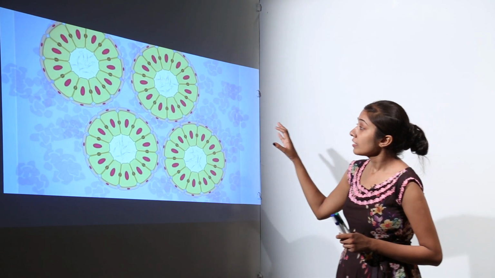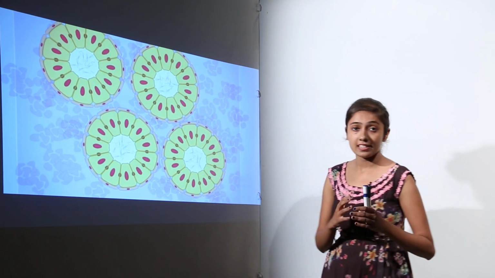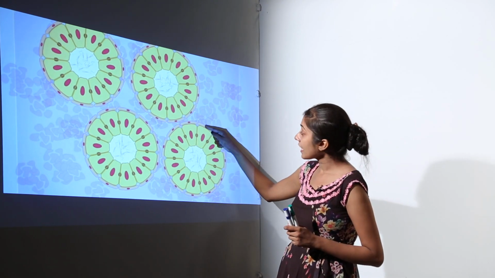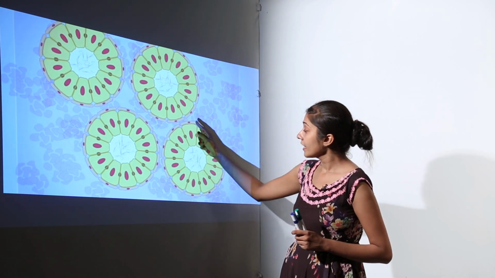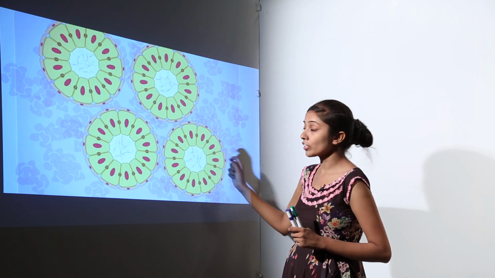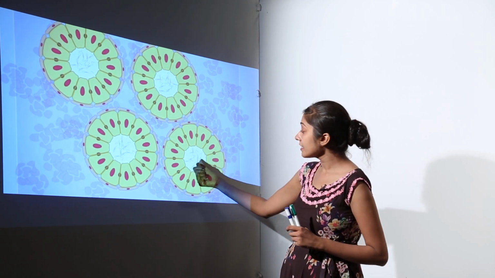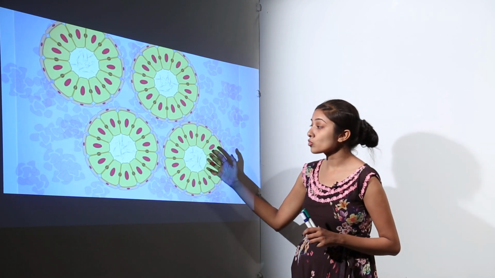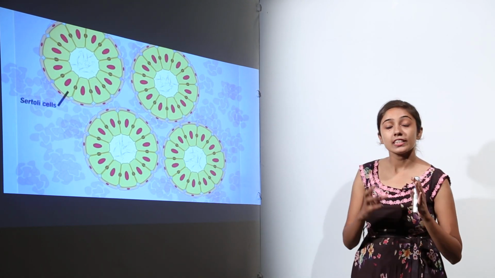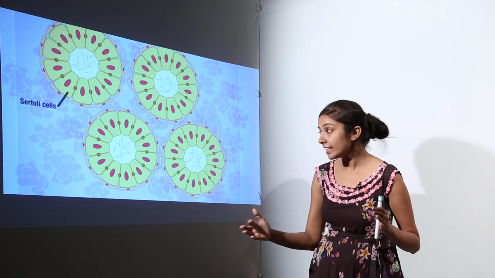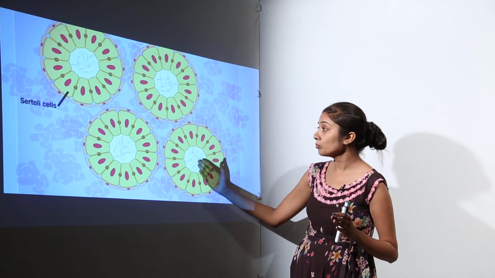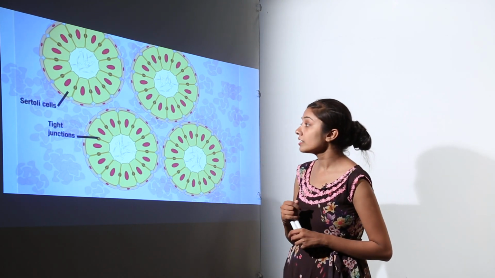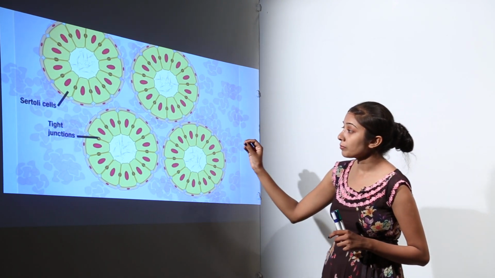So when you look at this view, the TS, transverse section of the testes, you will see it like this. This is actually a muscle layer, right. Here we have the large Sertoli or Nernst cells, and here inside the lumen of the seminiferous tubules, we have spermatozoa, right. So the spermatogenic cells, they are going to form finally spermatozoa that are there in the lumen of the seminiferous tubules.